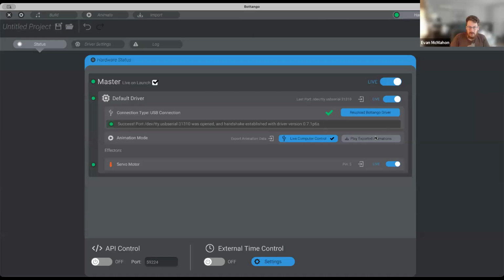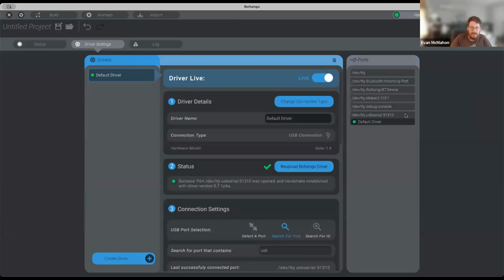One of the things that happened over here was Bottango connected right away to my, I call it a driver to be agnostic to what's on the other side of things, but you can just think of it as an Arduino, and maybe we'll just call it an Arduino right now, but it doesn't have to be an Arduino. So Bottango automatically connected to my Arduino. Why is that? Because without any change to the code, I just uploaded the driver that Bottango provides, the open source firmware, onto my Arduino,